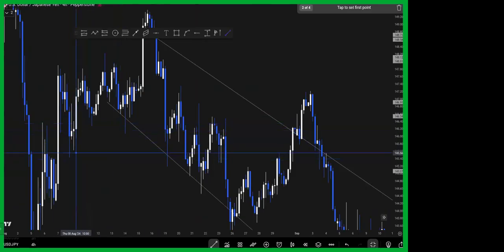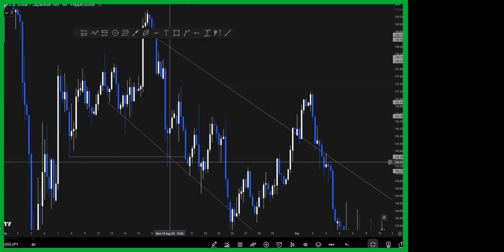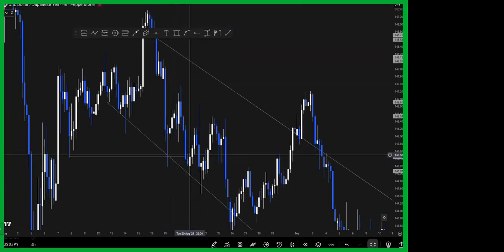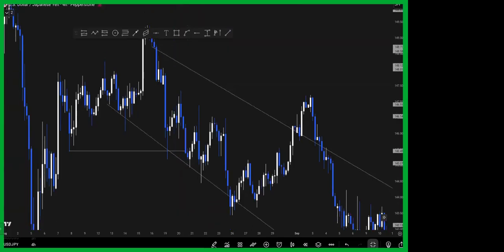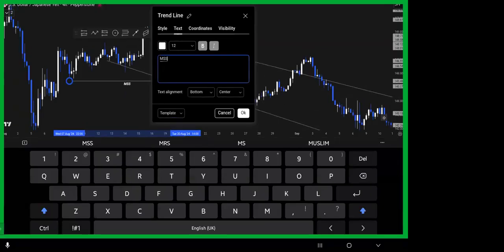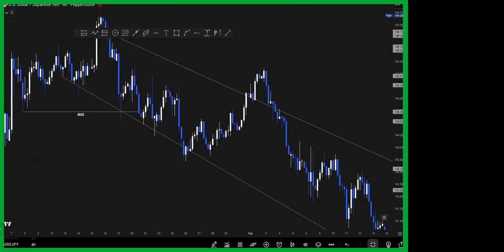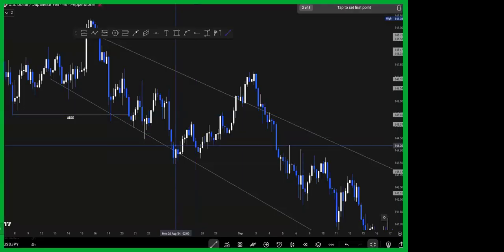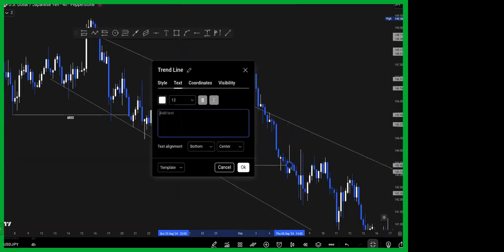You can use this low, you can use this low anyway you want to use. But let me use this one. Now there must be a close like this one here. I will ignore this one. Unless the market closes below, if the market does not close below, that is not a market structure shift. That is not a break of structure. The market must do what? The market must close below it to indicate that yes, the market is giving us a break of structure to the downside. So over here we have our MSS. Sorry, I have to just use just one to be faster. Then this is the next one. So over here we have our break of structure.